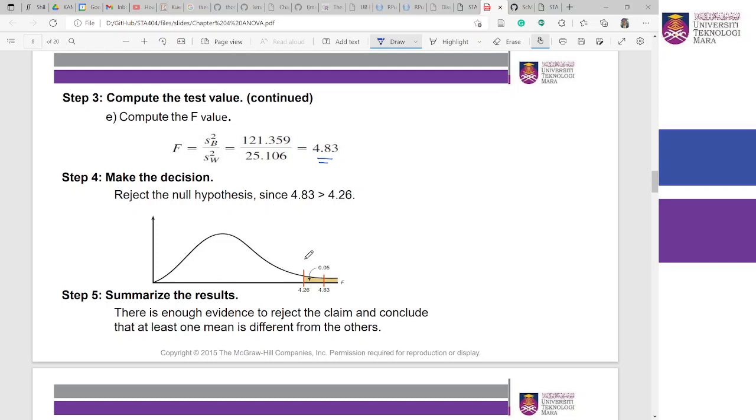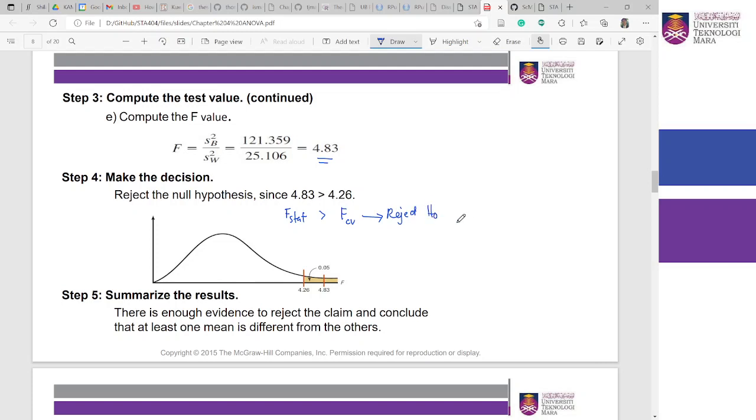Okay, you dapat 4.83. Again, step yang keempat to make your decision. So your decision, if the F value exceeds the critical value, then you reject the null hypothesis. Okay, so in this situation, your 4.83 is greater than 4.26. So this is the F stat, and then this one is the F critical value, right? So if the F stat is greater than the critical value F, then you reject the null hypothesis. So in this case, your result is reject